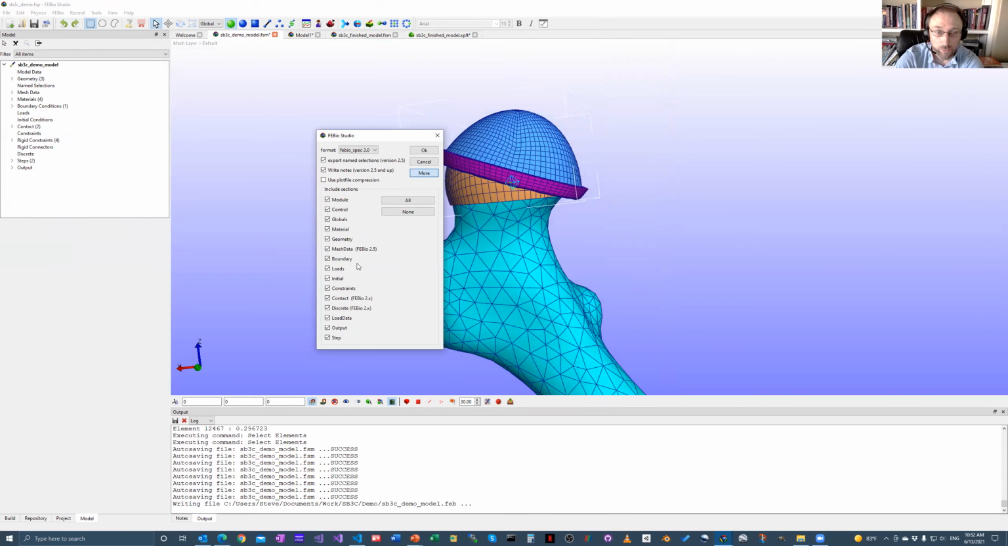And so if you click on more, you get these additional checkboxes that you can use to export parts of the mesh. So if you only want to export the mesh, you would just select none and then click on geometry. And so now it's only going to store the geometry or the mesh in a file, and then you can come back, you do that again, and this time you export everything except the geometry, and so that will